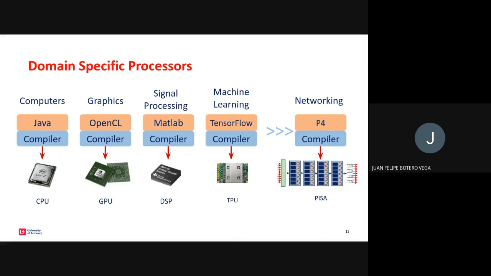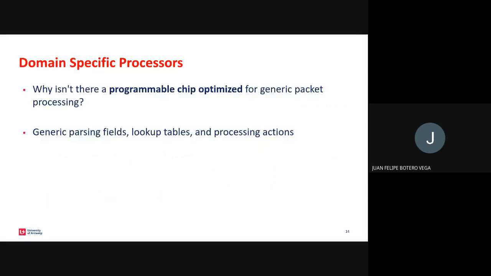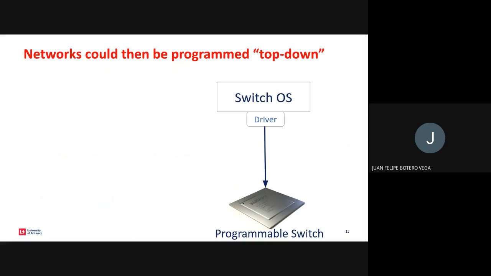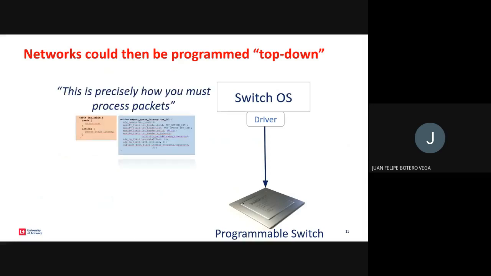What we have now with this initiative is domain-specific processors, so networking-specific processors. So why isn't there a programmable chip optimized for generic packet processing that is able to generically parse fields, look up tables, and process actions? Okay, now there are some of these chips. Then the idea is that networks could be programmed top-down and not bottom-up. So from the switch OS, from the operating system with the driver, I tell the programmable chip, the programmable ASIC, the programmable switch, what I want